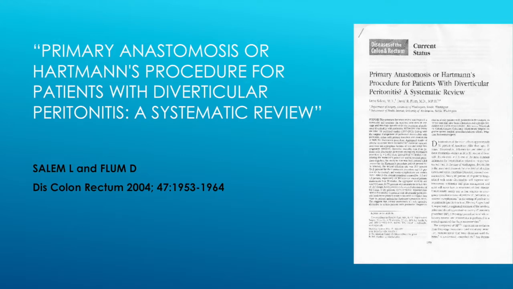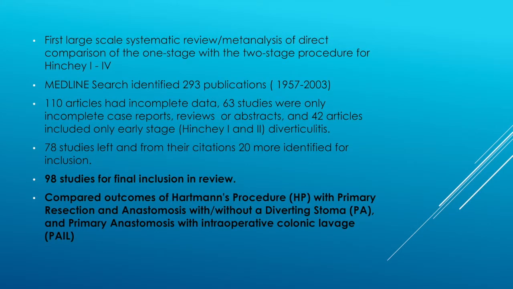We then fast forward 25 years, and Salem and Flum at the University of Washington in St. Louis published their landmark paper in Diseases of the Colon and Rectum in 2004. This was the first large-scale systematic meta-analysis which directly compared outcomes of primary anastomosis, also called the one-stage procedure, with Hartmann's procedure, also called a two-stage procedure, as patients would require a second operation for reversal of the colostomy